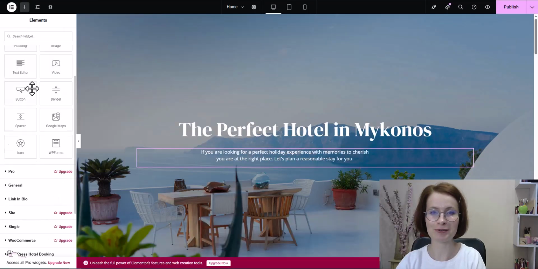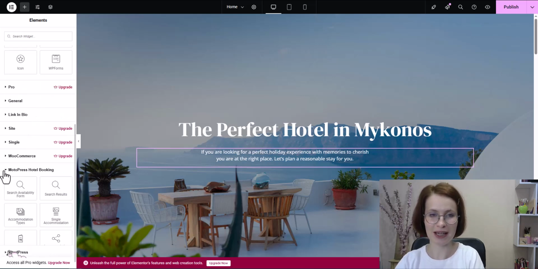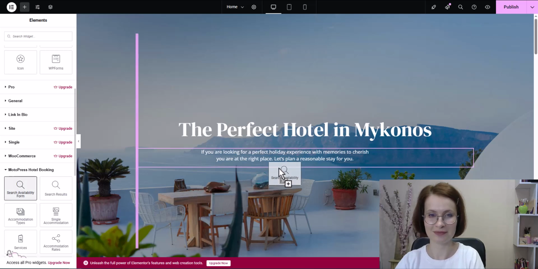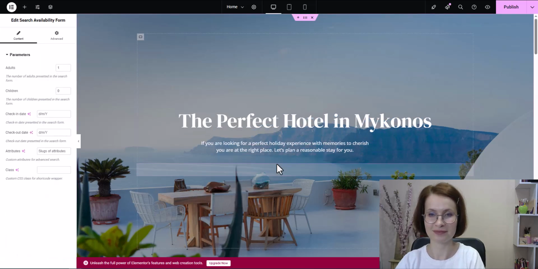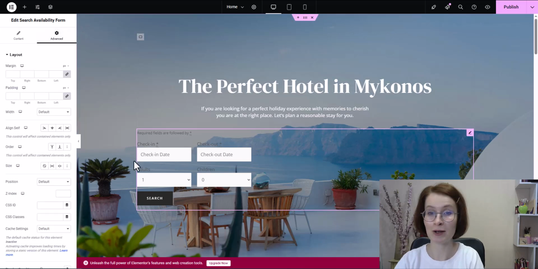Okay, now I'm ready to drag and drop the search availability form widget right into the layout. Now, just a quick heads up. The search and booking forms in hotel booking are vertical by default, and that's actually intentional. This layout works well across different devices, especially on mobile, but let's be honest, on desktops, a horizontal form often